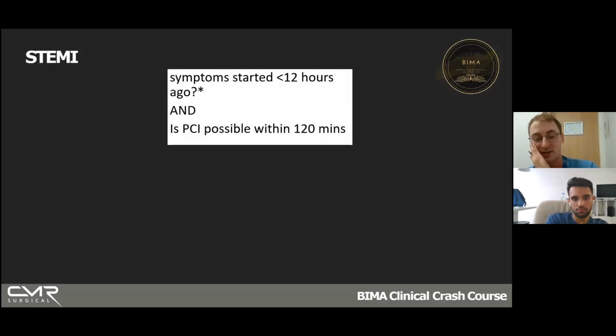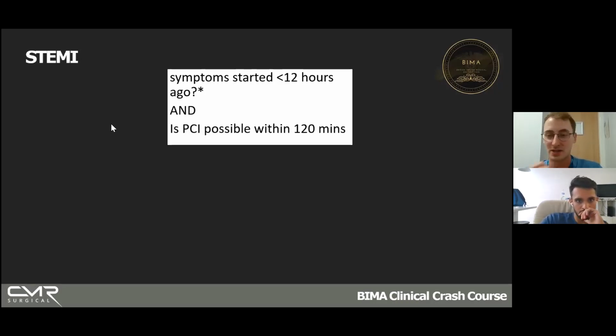And this would be if you've still got heart muscle that isn't dead yet after 12 hours. And this can be told by if you're still having chest pain after 12 hours. If you're still having chest pain after 12 hours, what it means is that there's still myocardium that's dying. So there's still some tissue to salvage. So you can consider doing PCI after 12 hours if someone's still having chest pain. But that's very, very minor, basically.